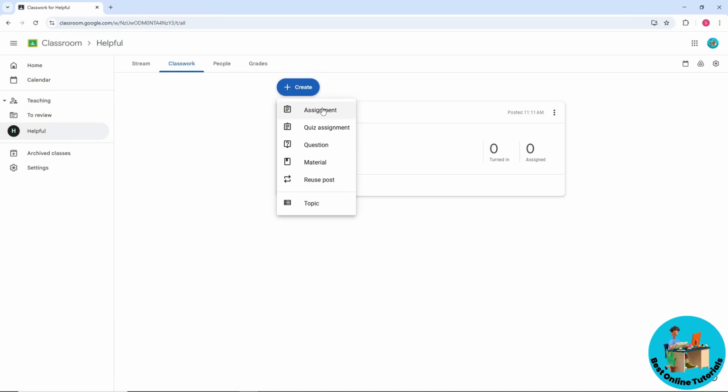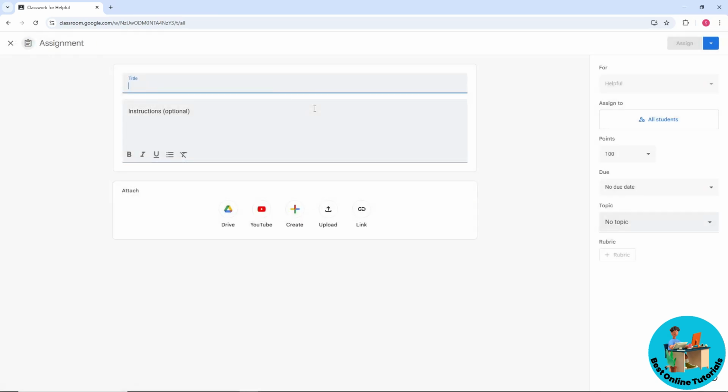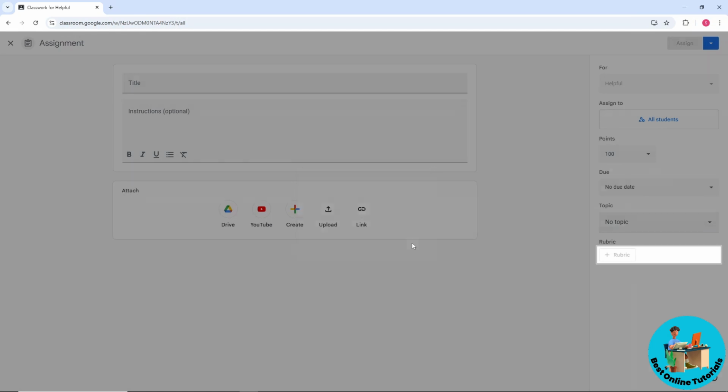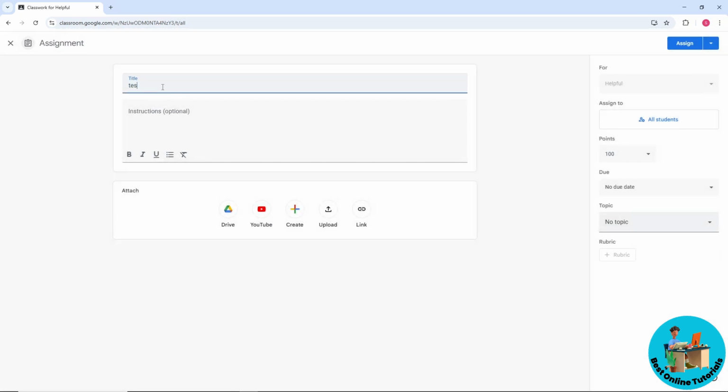Just simply select Assignment or the others. Now just simply provide a title over here. Let's say I'm gonna go for Test 2 and provide instructions over here. And after that, from here, in order for you to lock Google Classroom assignment, you can just simply select due